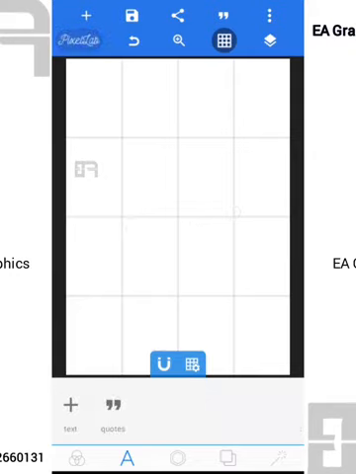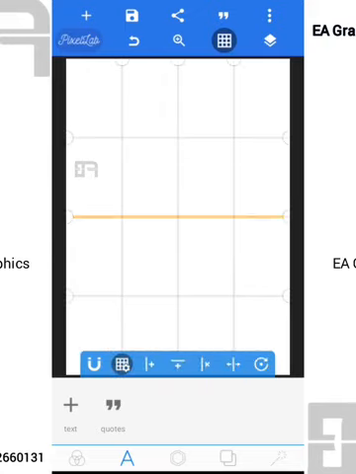You can do this in different ways, but I'm going to be teaching you two methods of how to create your table making use of PixelLab. The first method is this. Just follow me closely. After enabling your grid lines, come over to the second option here, that is the grid line settings. You click on it,